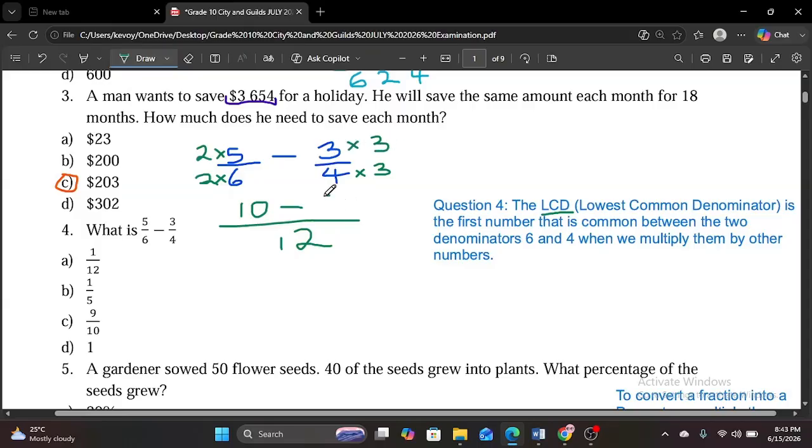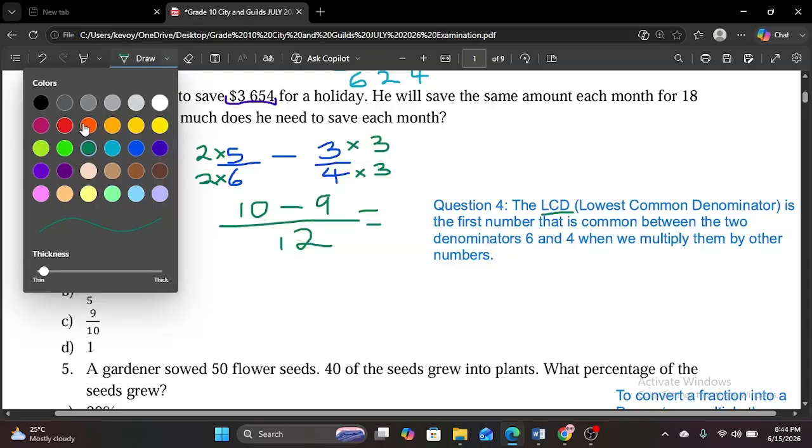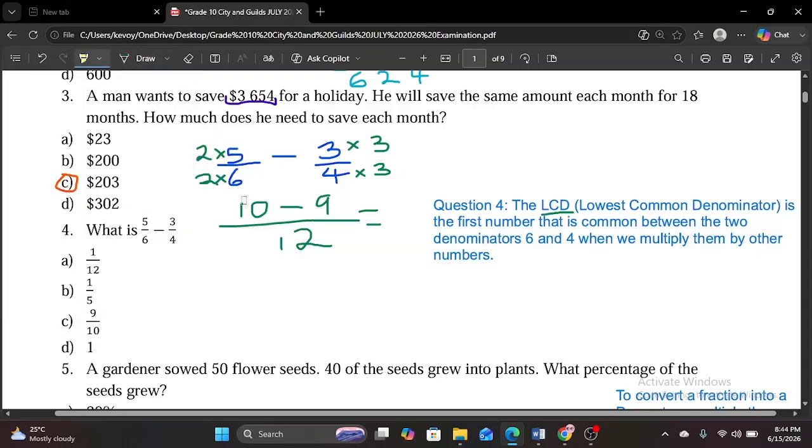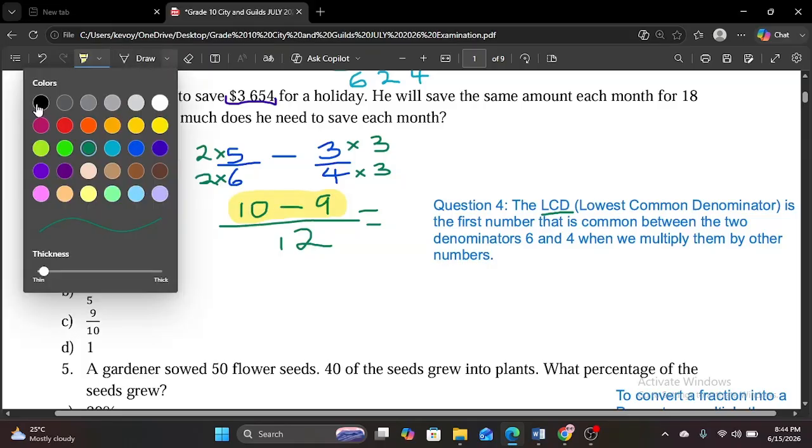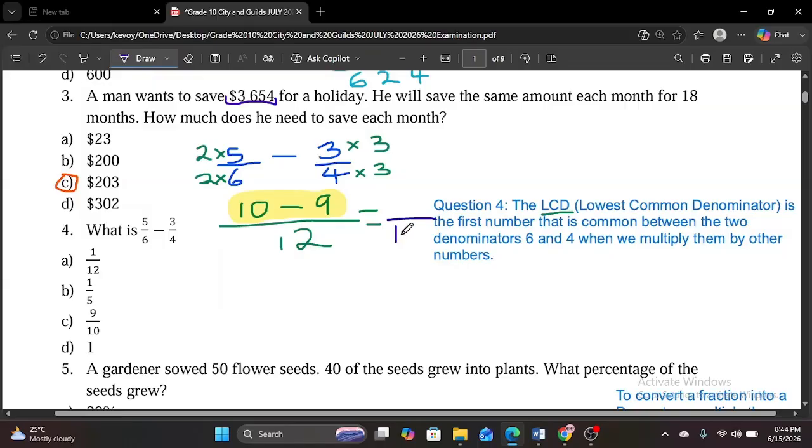3 times 3 is going to be equal to 9. So afterwards, no, I only add. So I only add or subtract numerators alone. So I'm going to be just focusing on what is at the top right here. So I only add or subtract my numerators. I do not do anything to my denominator. So I'm going to end up having my answer as denominator 12